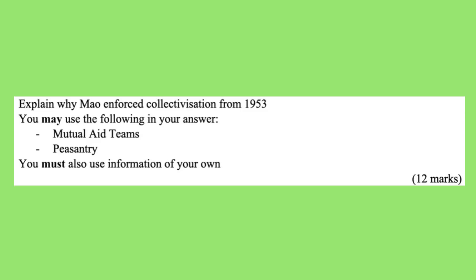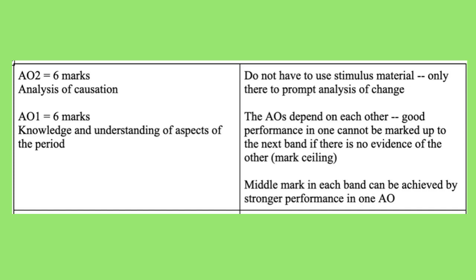Explain why Mao enforced collectivization from 1953. You may use the following in your answer: mutual aid teams, peasantry. You must also use information of your own. 12 marks. Here's the mark scheme for this question, which you can find out about in more detail in the